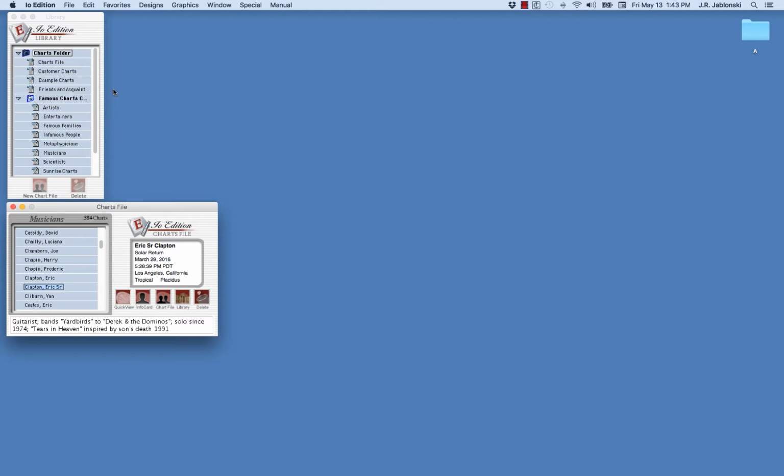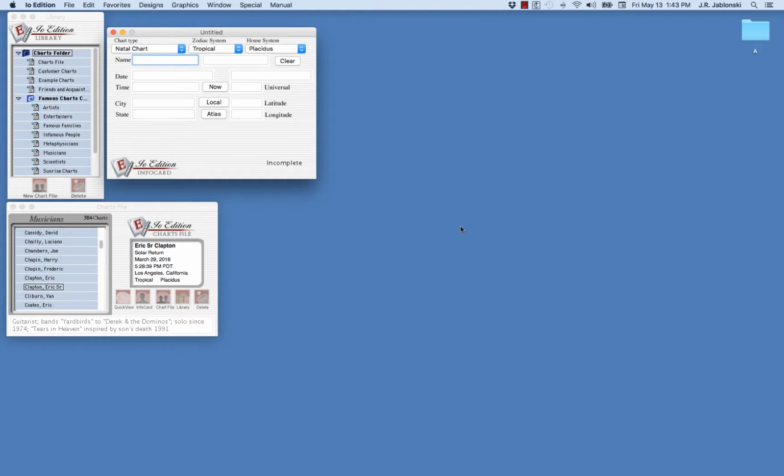Now what we need to do is create an event chart. So I'm going to go to File, under New Chart, or I can hit Command N to open up a window, and I'm going to change chart type to Event. And I'm going to call this Prog SR Clapton. The date, back to our derived information,